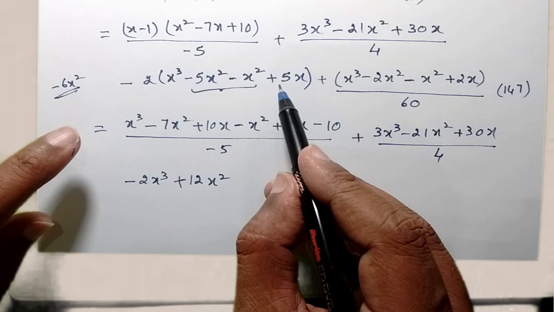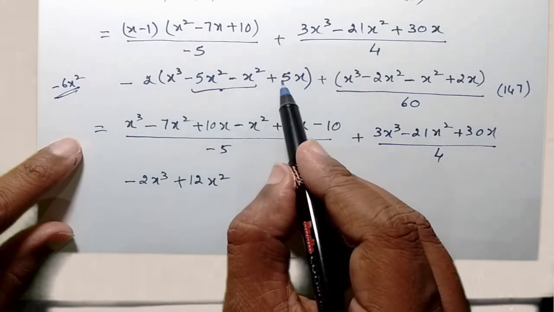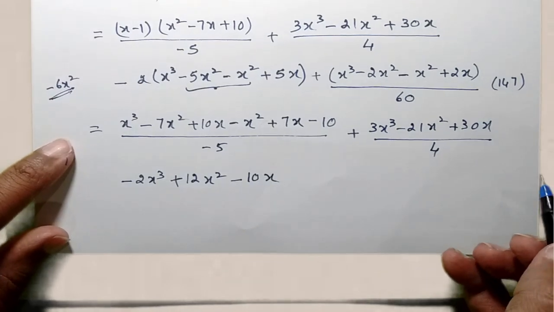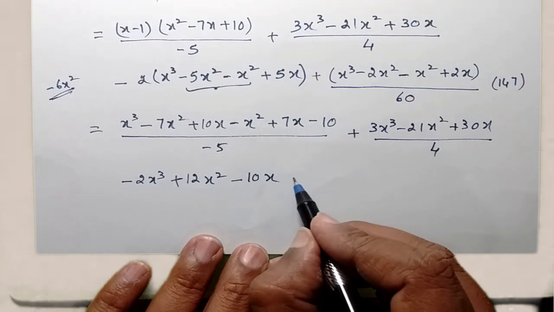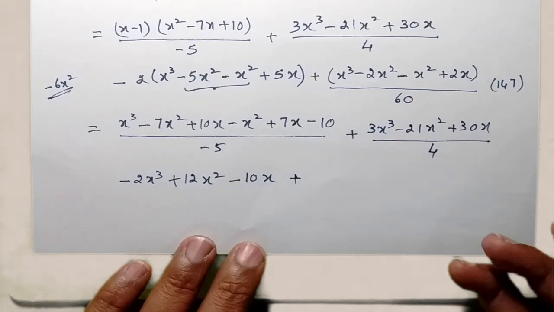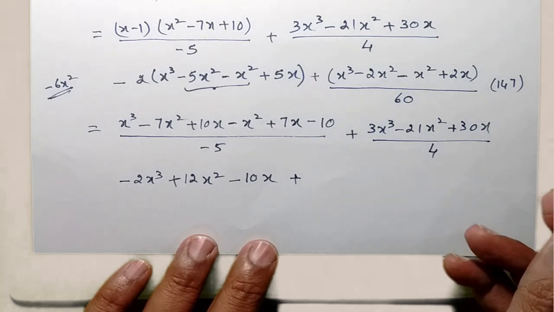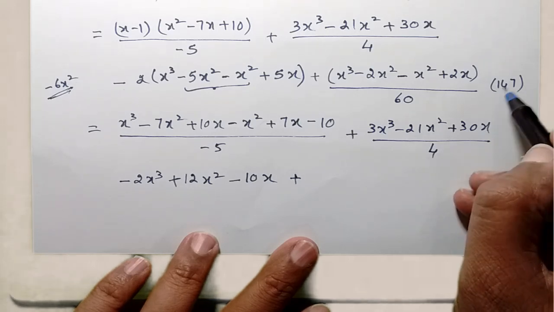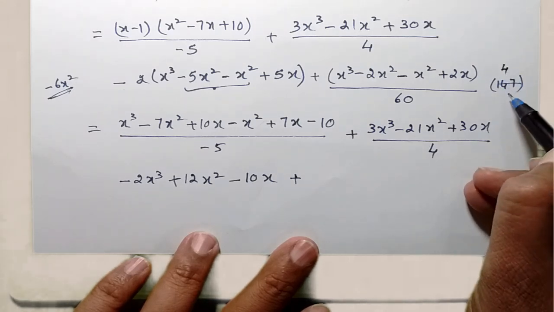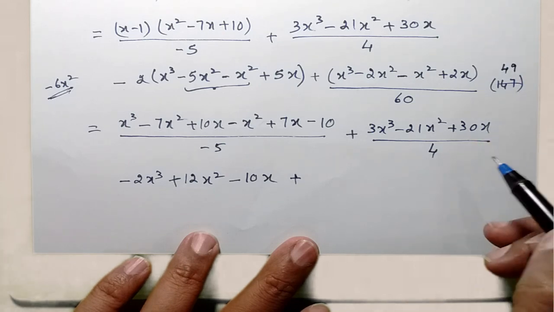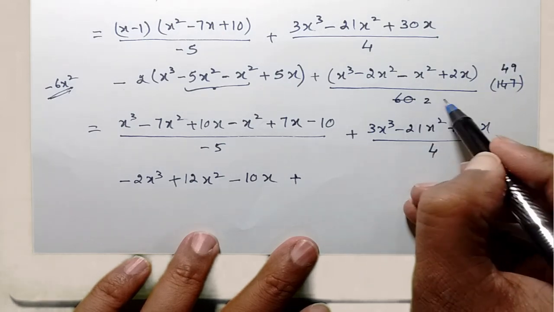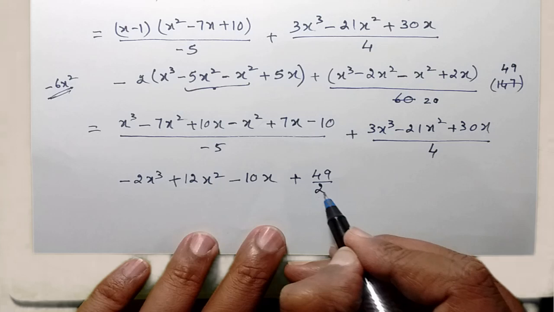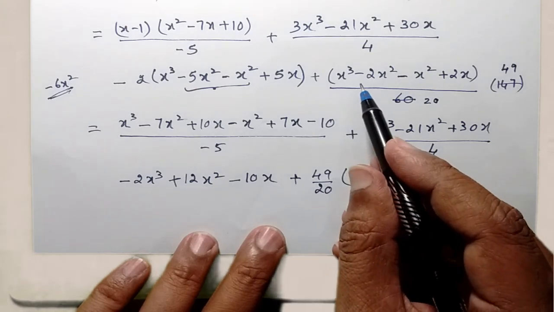Coming to this term, plus 5x has to be multiplied by minus 2. So minus into plus will be minus. 2 times of 5 will be 10. So 10 times of x I have got. Now coming to this term here, plus, can you cancel out this term? Can cancel out with 3. So 3 4s are 12 and 3 9s are 27. Here 3 2s are 6, 20 will be left out. So what is left out there? 49 by 20. So keep it as it is, times of, what will be there?